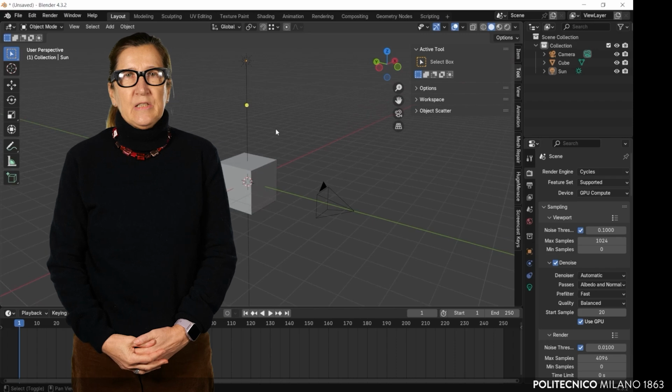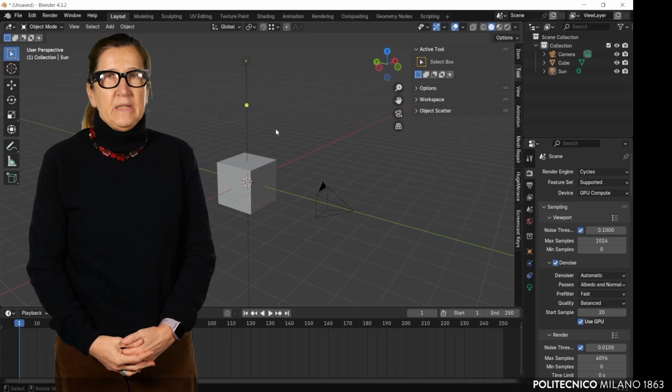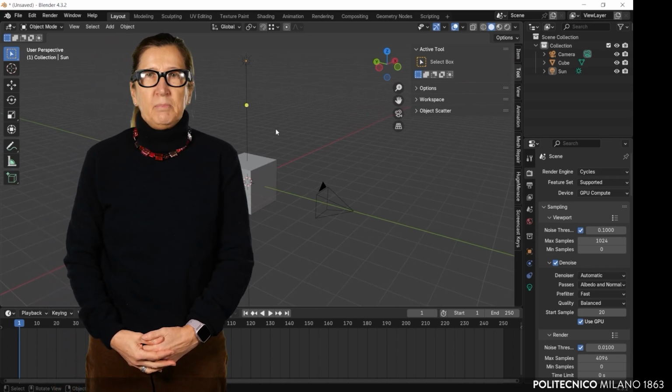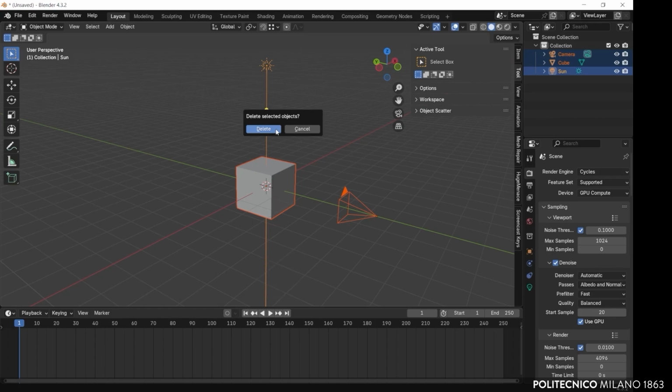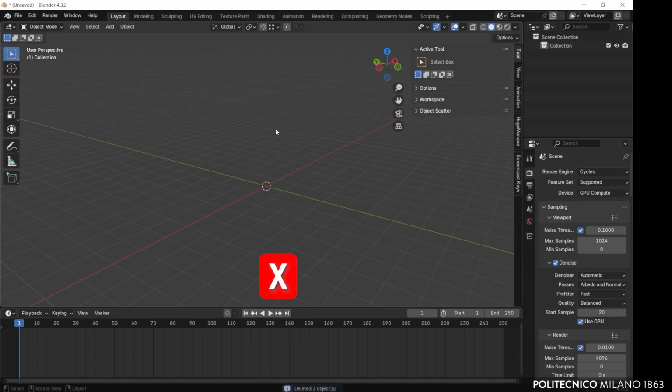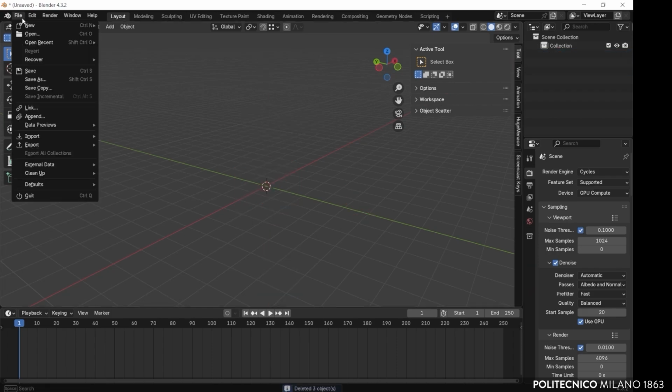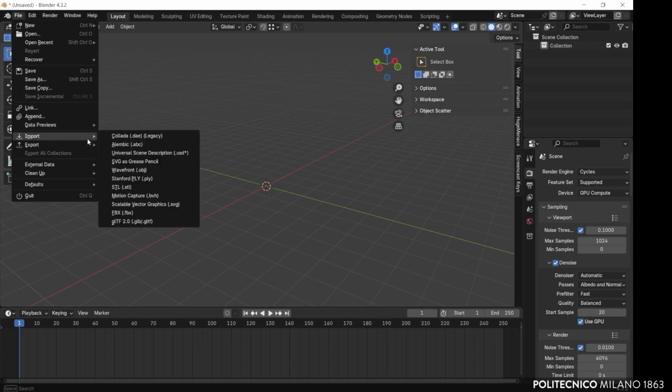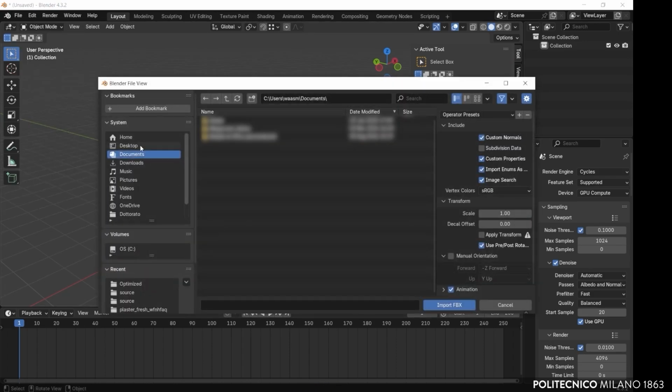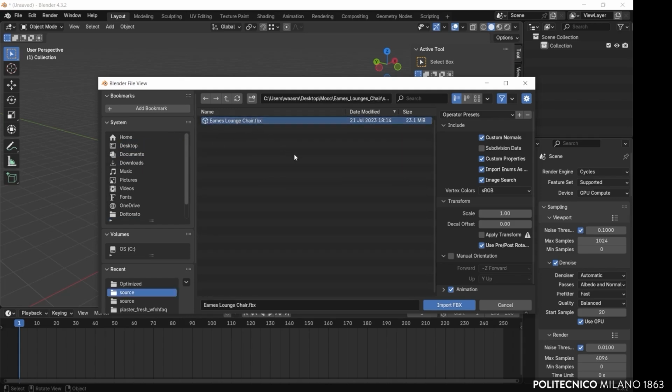Once you have successfully installed Blender, open it and delete the default project by pressing the A key and then deleting it by pressing the X key. After the preliminary steps, import the downloaded model. You can do this by either dragging and dropping the FBX file into the viewport or navigating to the File menu, selecting Import, and then choosing FBX.